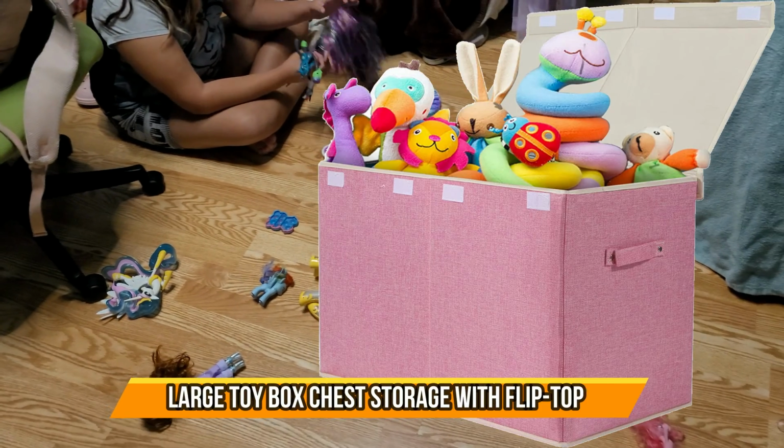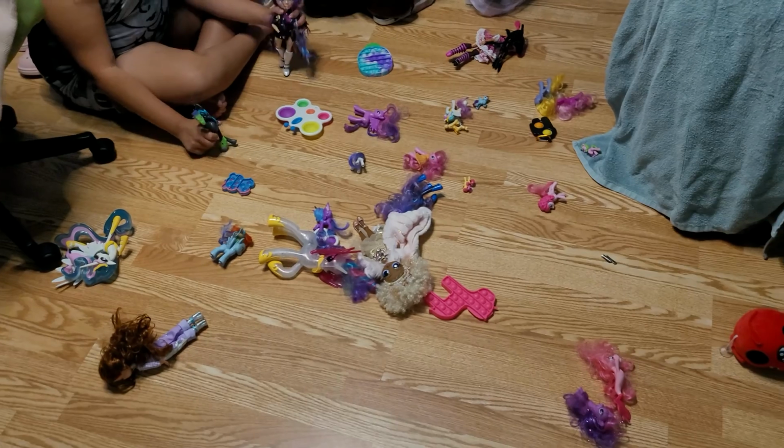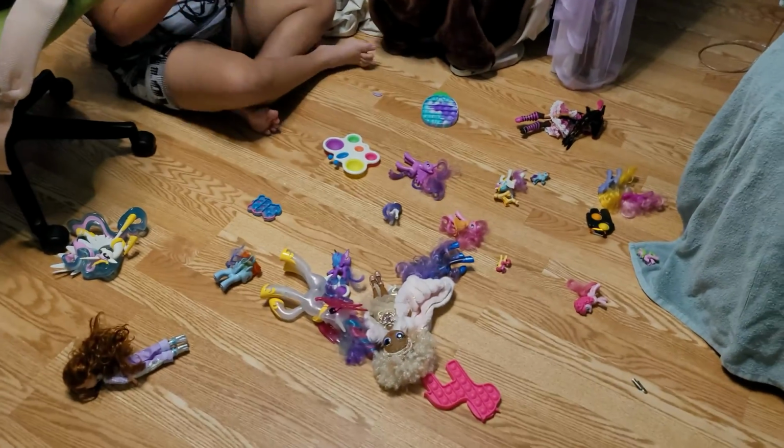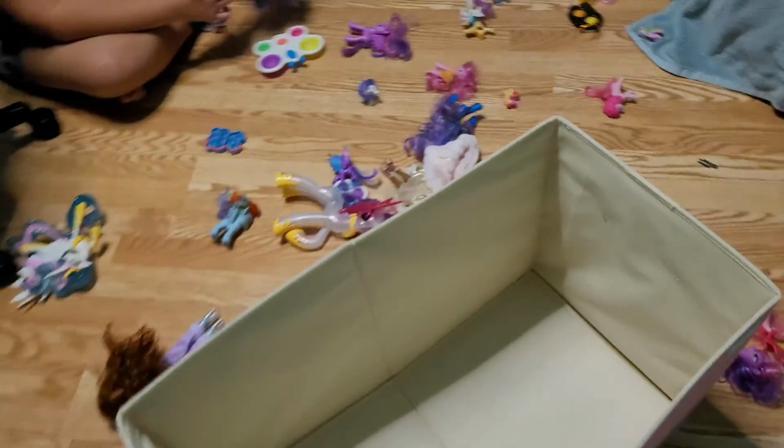All right, what happens when you have a mess like this of toys on the floor? I hate to add these boxes and keep piling them up and piling them up with toys. Then you know what? I'm just a little fed up, but we're gonna make it look nice and neat. So we're gonna set up a box today, a toy box, and it's a foldable box that is made of